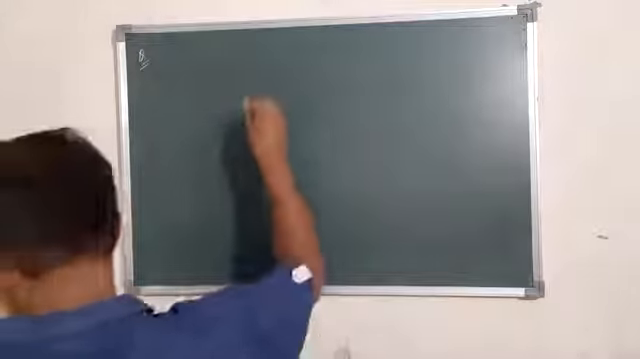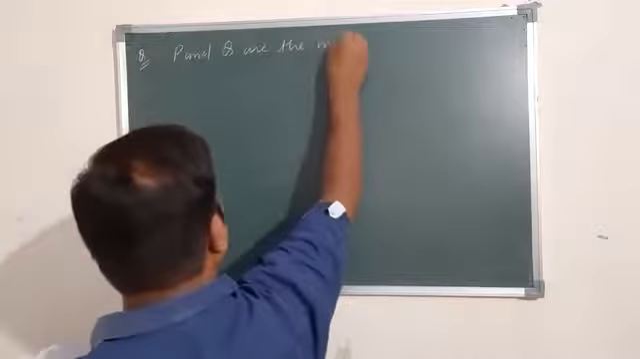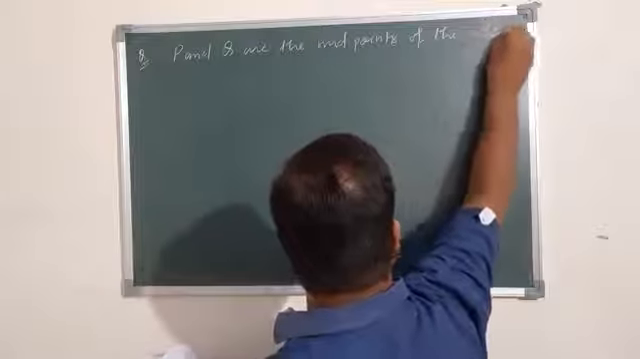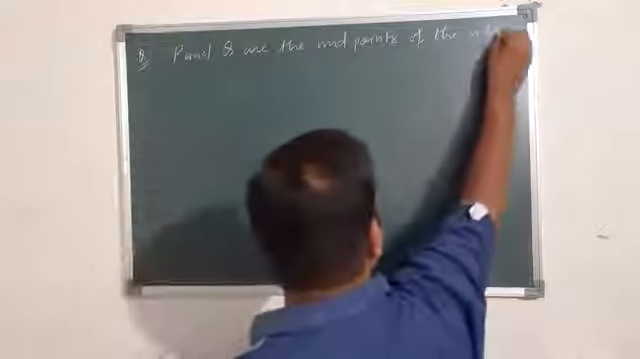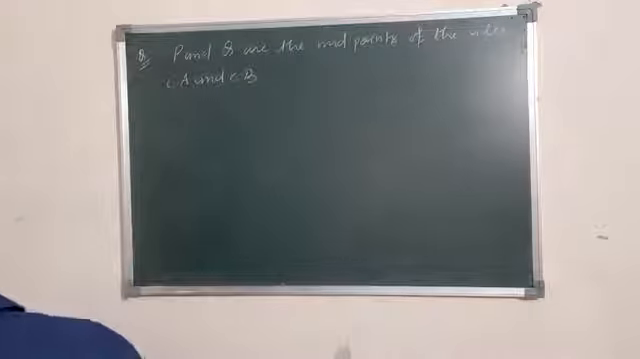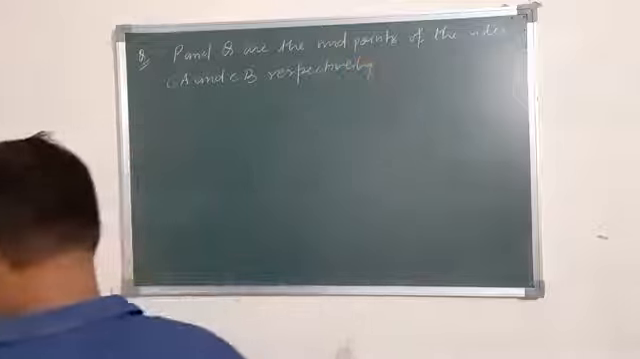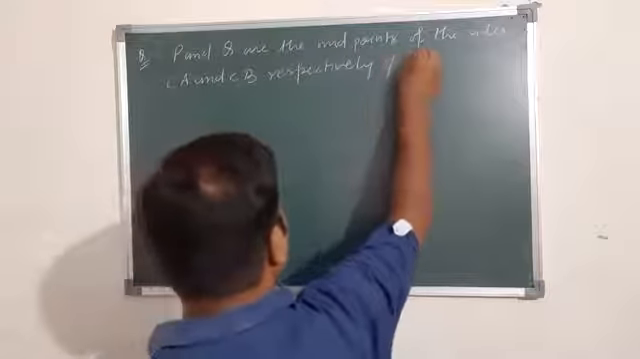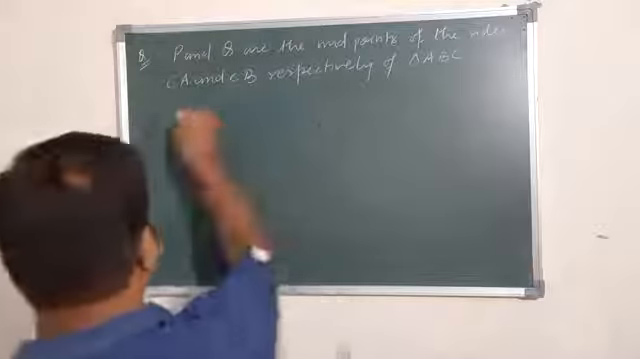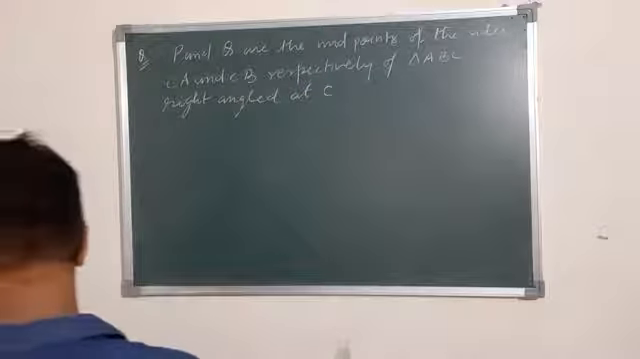P and Q are the midpoints of the sides CA and CB respectively of triangle ABC, right angled at C. Prove that